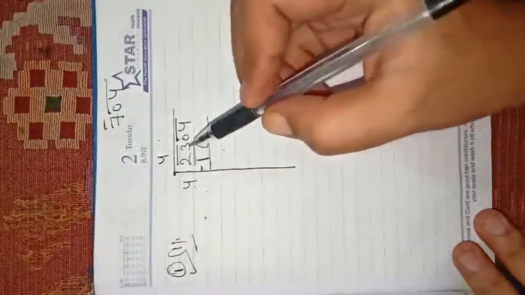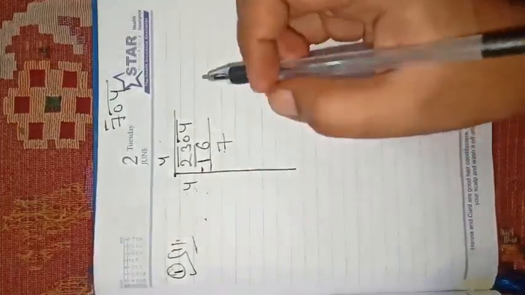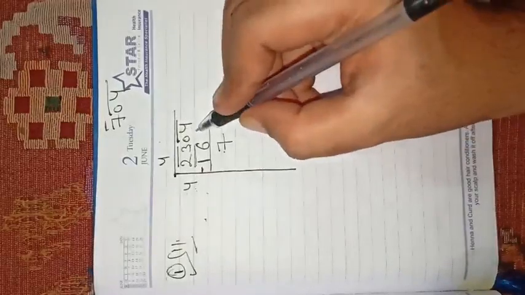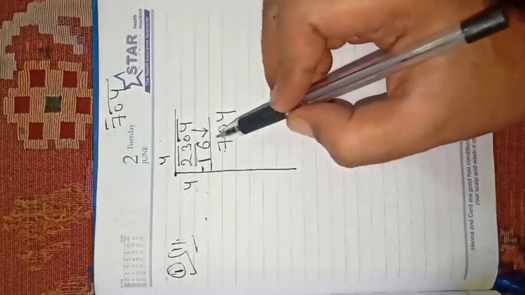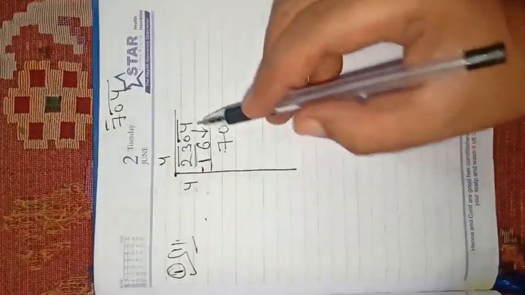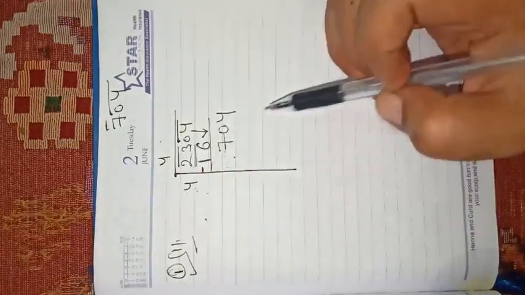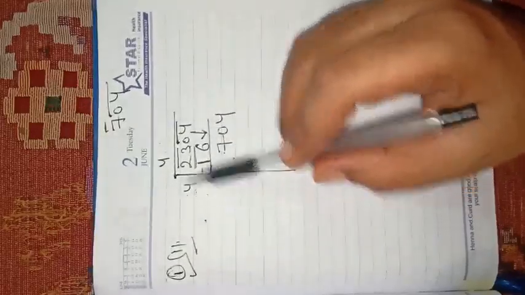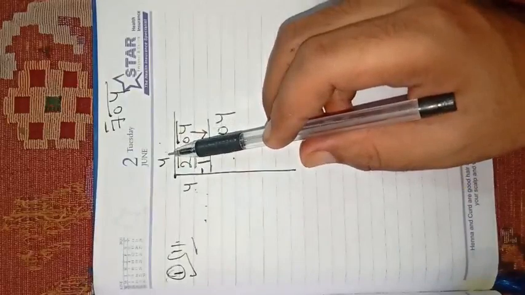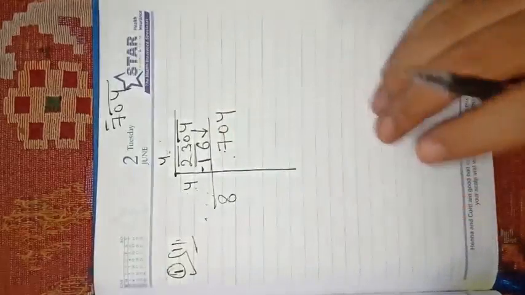Now subtract it. 23 minus 16 will be 7. Okay, and then we have a pair, and this pair will come downward together. Remember this thing, we cannot break this pair. So both 0 and 4 will come downward together. And later on, after this step, we will add these two numbers, 4 and 4. The numbers which we multiplied earlier in the very first step will be added to each other. So 4 plus 4, 8.